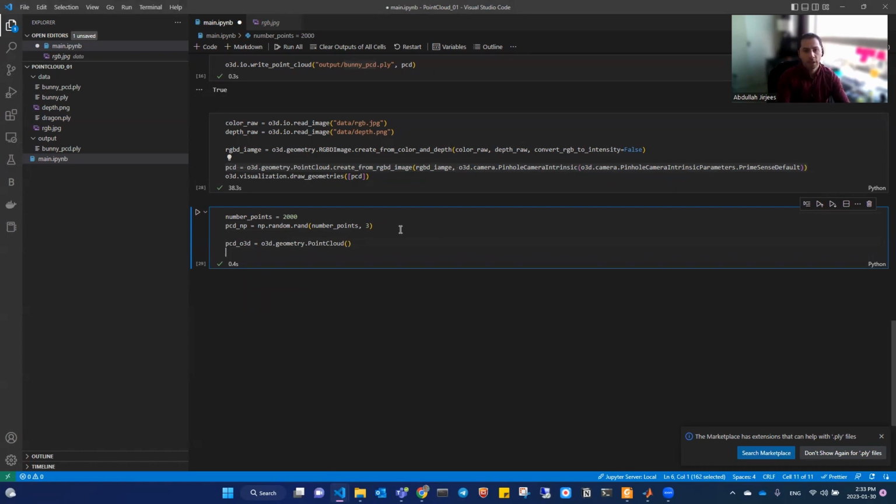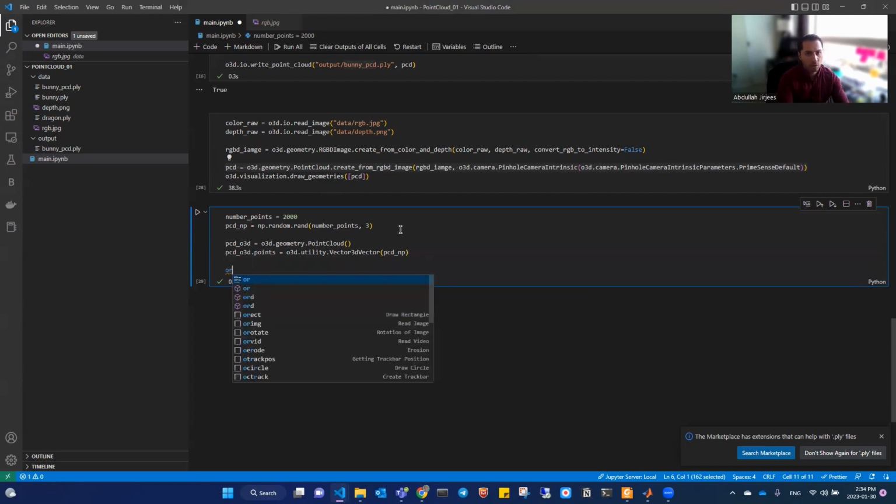So in this, we just created a point cloud object, and then we will say pcd_o3d.points equals o3d.utility.Vector3dVector, and we will just call the pcd_numpy, which we just set as the point cloud of points, and we will just display that by saying